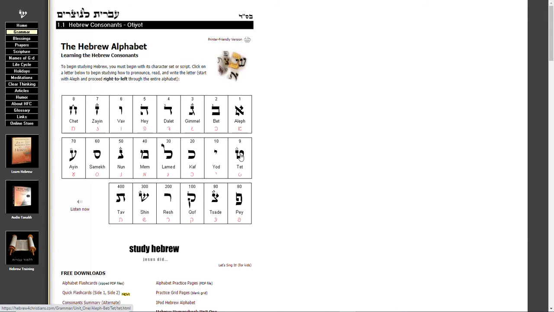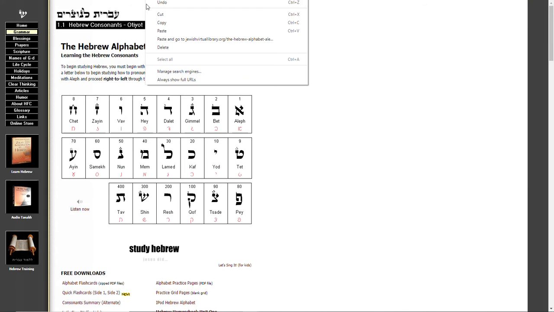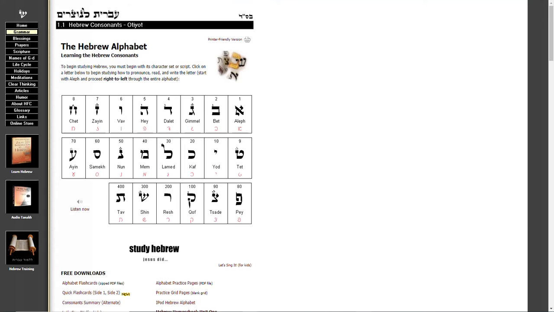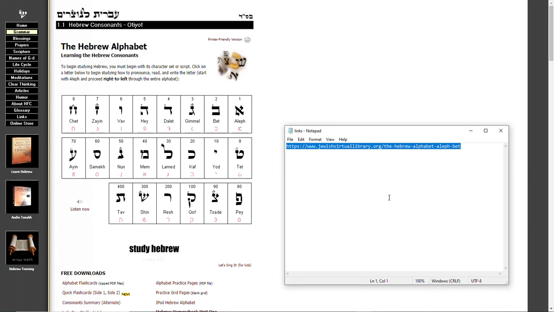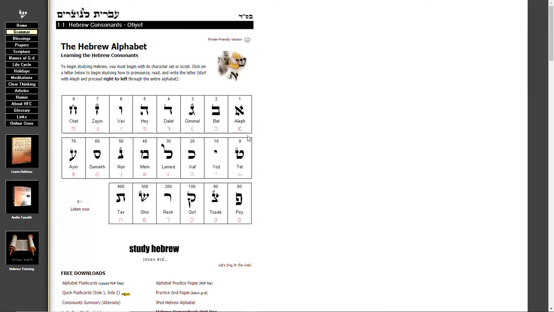Alright, so this website is also good. It's Hebrew for Christians. So I'll link that also in the description. But the reason why I couldn't find what I was looking for, in terms of being able to select the letters by highlighting them, like the way I've just highlighted this link here so I can put it in the description. However, what I noticed on this website, so hopefully it does show the way I want it to show when I get it to video, is that when